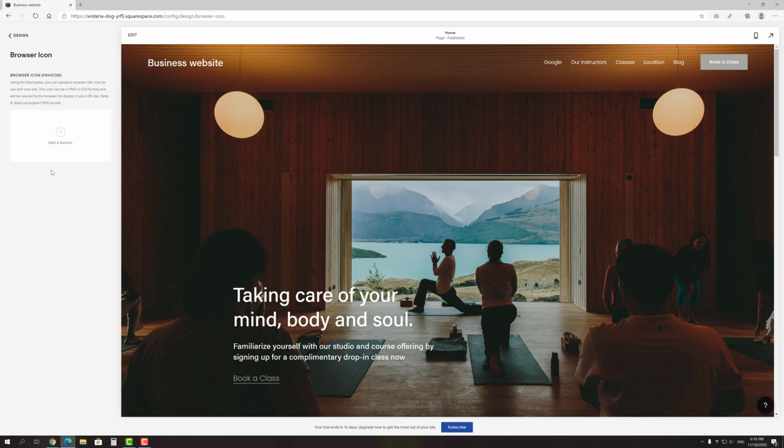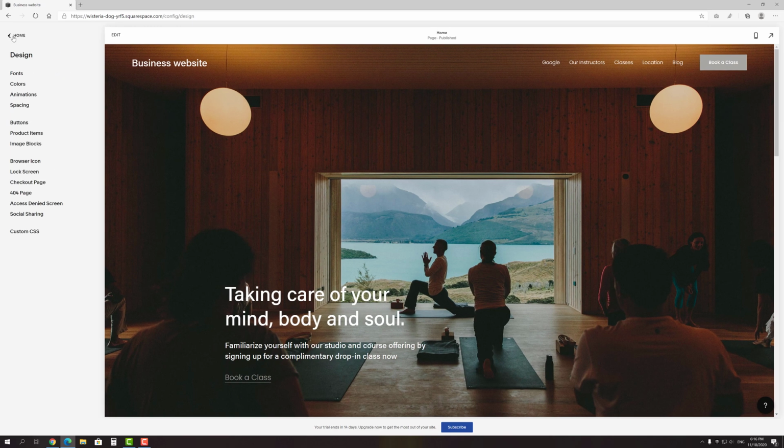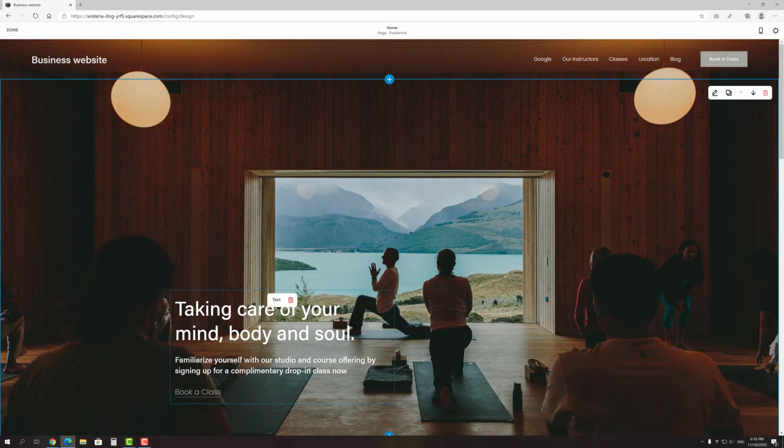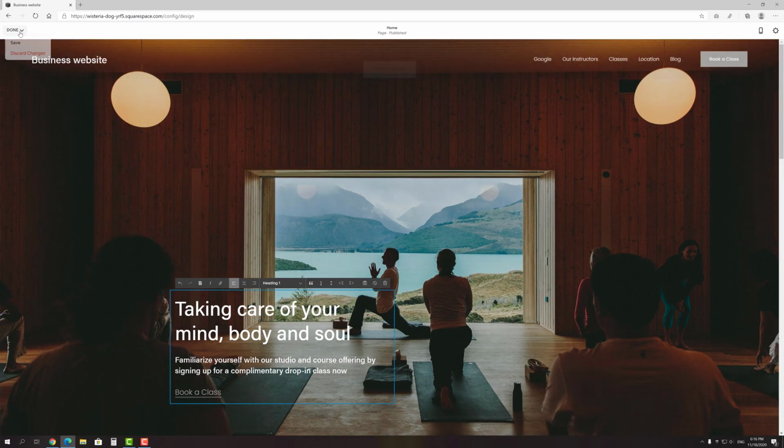before publishing the site. As for the rest of the tabs, they are not so important, so in order to not waste your time, I won't show them in detail. Instead, let's talk about how to save the changes that you made. Squarespace doesn't have autosave, or at least it doesn't work properly, so you have to save all the changes manually. You can find the Save button under this drop-down menu.